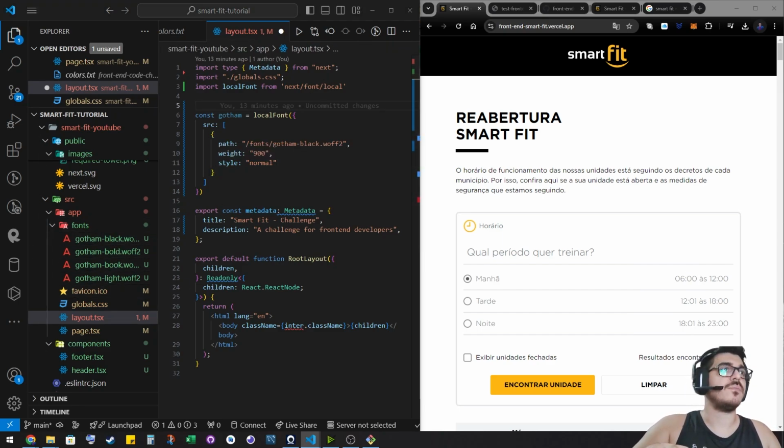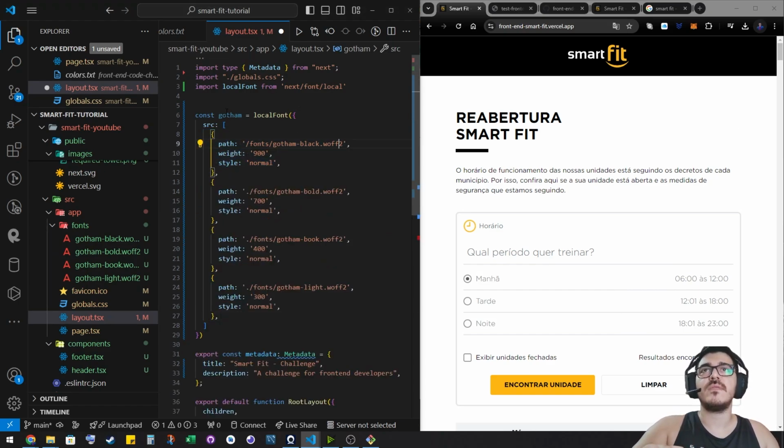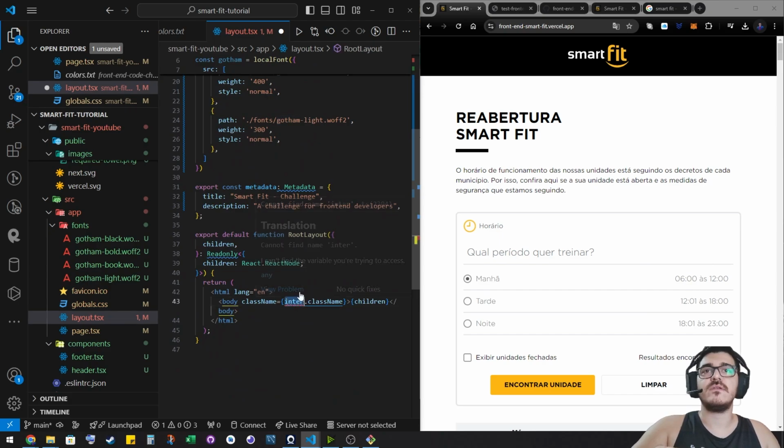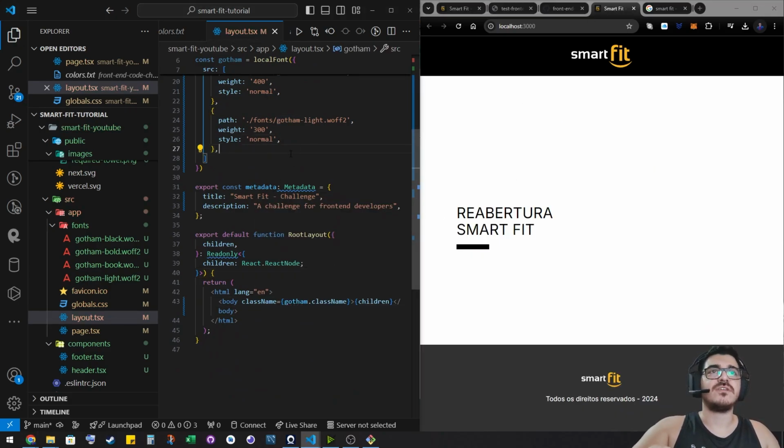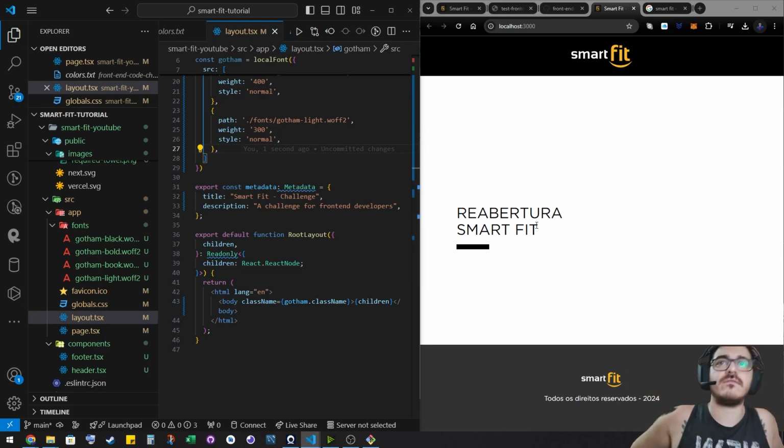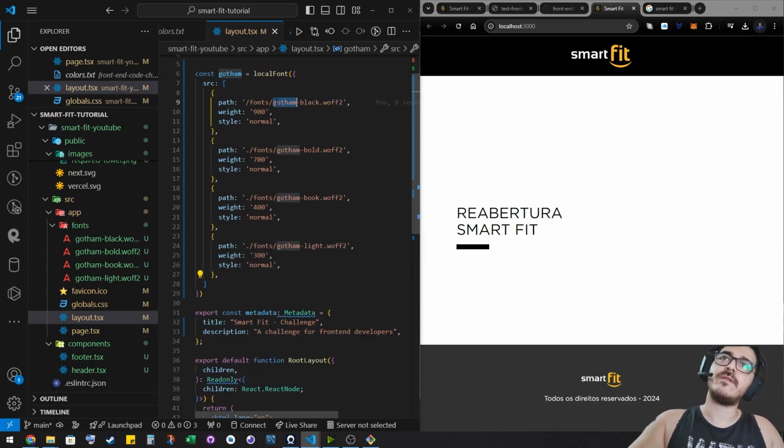Let me just copy and paste where I have already done it because I'm not going to do it again. There we go. And then I'm going to import this into here, and you guys are going to see the magic happening. There we go. Now I'm using the correct font, because I'm importing this file right here